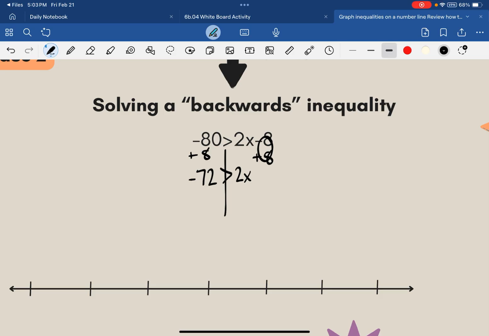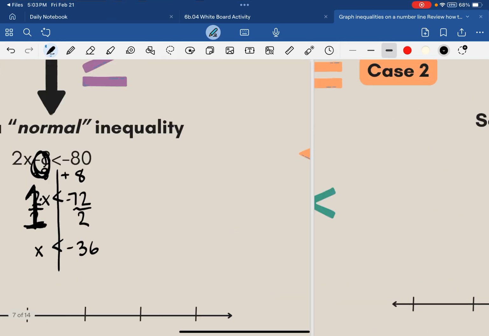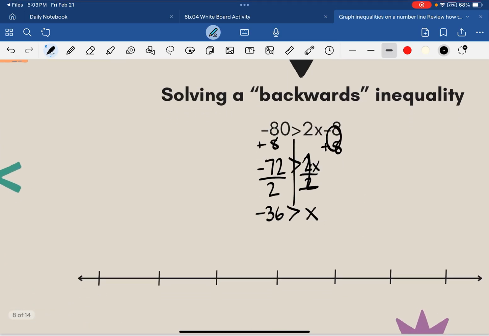It's gone. Okay, now to get x alone, this is multiplication happening. So the opposite is divide by 2. And then we get negative 36. 2 divided by 2 is 1, 1x. This is what we call backwards. The inequality is backwards. The problem with this is it's the same exact problem, but my students will graph this